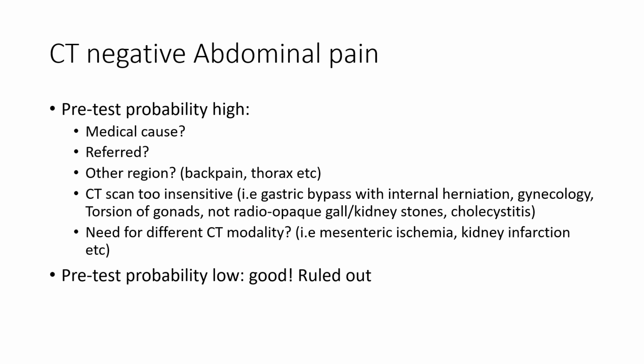In short, we have CT scans like the usual, the CT scan without contrast, and the CT scan with contrast to look for usually inflammation. And then you have the CT scans with arterial contrast, looking for mesenteric ischemia, kidney infarctions. And these may be negative, like a kidney infarction will be negative on a normal CT scan. You may not even see clues about it. So you have to think about, what do I do when this scan comes back